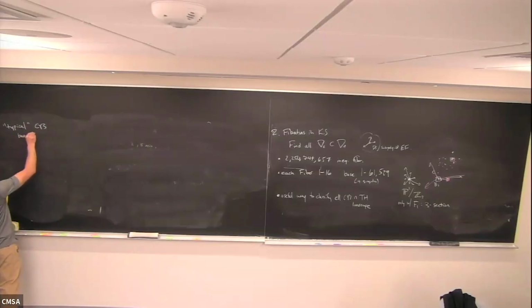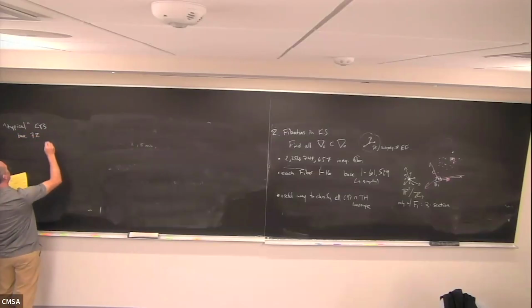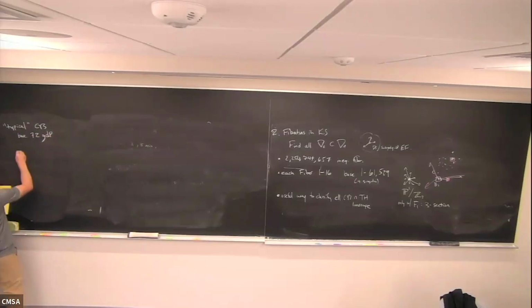We have base 72, which is a generalized del Pezzo. It looks like this, drawing the toric divisors. We have a -2 curve here and a -2 curve here, and the rest are -1 curves. So this is a toric generalized del Pezzo. These are the self-intersections of the toric curves. This is our base, okay?